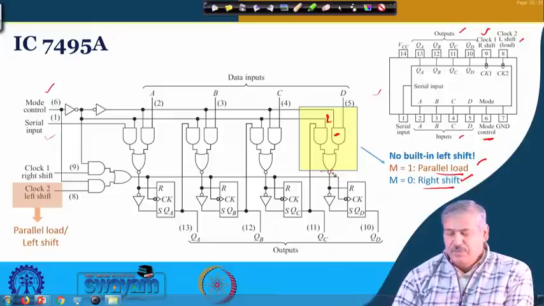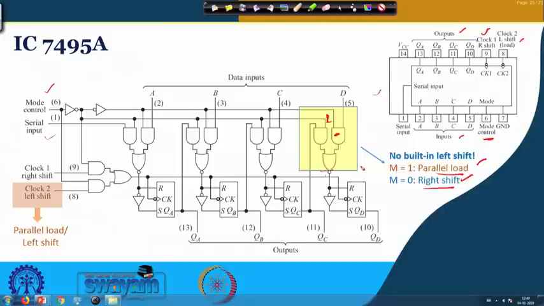So, this is again a SOP kind of thing, because of two bubbles, two NOT gates are there. So, it is AND or SOP realization. At that time this is 1, right, and D comes as the input. So, it is parallel load that is happening. Okay. And for the other case, when your mode is equal to 0,